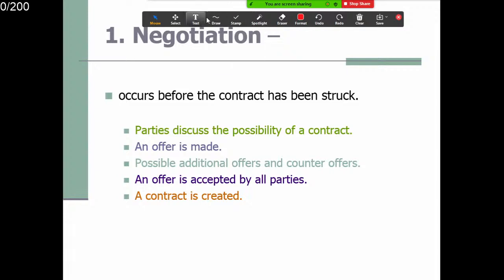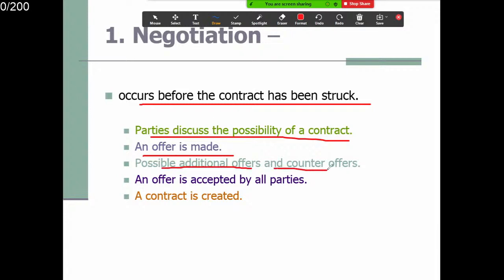Negotiation, okay, we're going to the first phase, going a little bit deeper. It occurs before the contract has been struck. Parties discuss the possibility of a contract, 两方多方就是谈判嘛，right？我们怎么去操作这个协议？An offer is made，一方里面，OK，就是提供条件等等，OK。Possible additional offers and counteroffers，OK，里面会有讨价还价的等等，OK。An offer is accepted by all parties，OK，两方还是所有的方在里面，就同意了，大家签字了，so a contract is